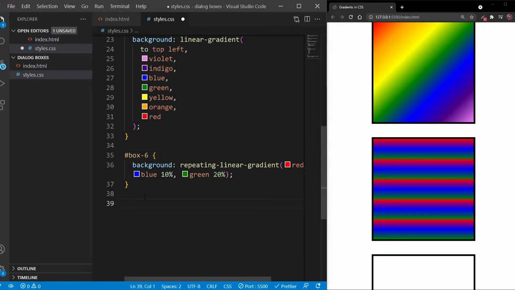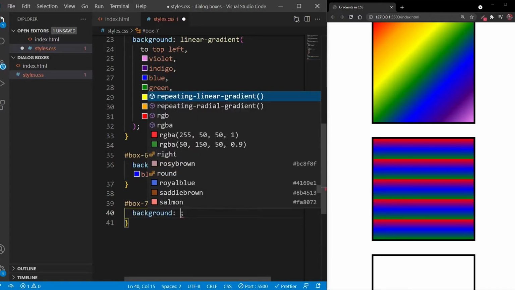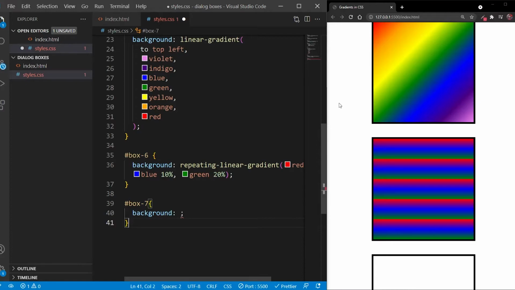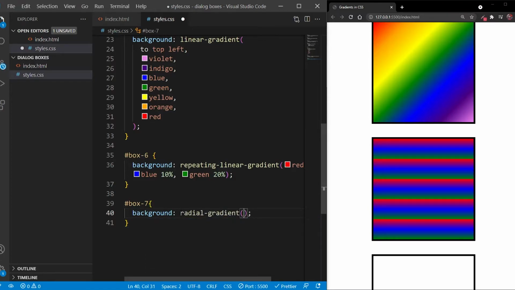Now let's take a different example for our box 7. And now instead of using linear gradient, we will use something called radial gradient. Now radial gradients does something similar, but instead of from top to bottom or from one side to another side, in radial gradients the colors start from the center of the container, and it will be easier to show you by an example. So let's say I choose the radial gradient property, and inside the parenthesis I specify two colors,